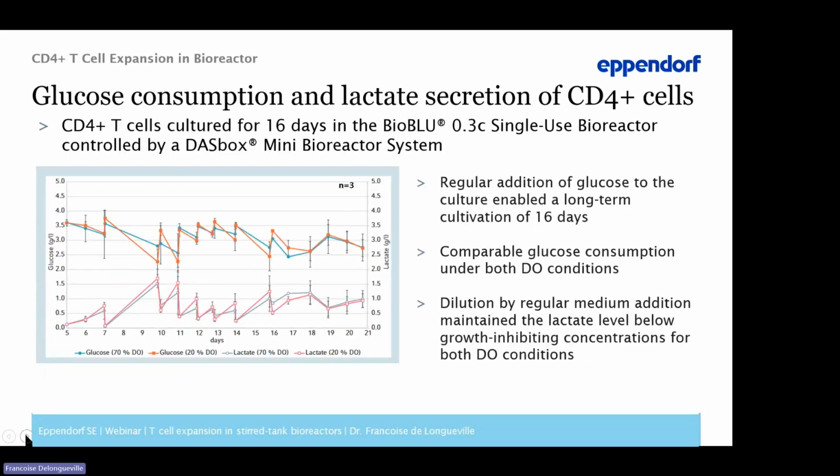The proliferation of T cells in an in vitro environment is also regulated by substrate and metabolite concentration. Metabolite monitoring during the whole culture process reveals comparable glucose consumption under both conditions. Cell density adjustment every 1 to 3 days by dilution allows maintaining glucose level within a narrow range, avoiding large concentration fluctuations that could definitely adversely